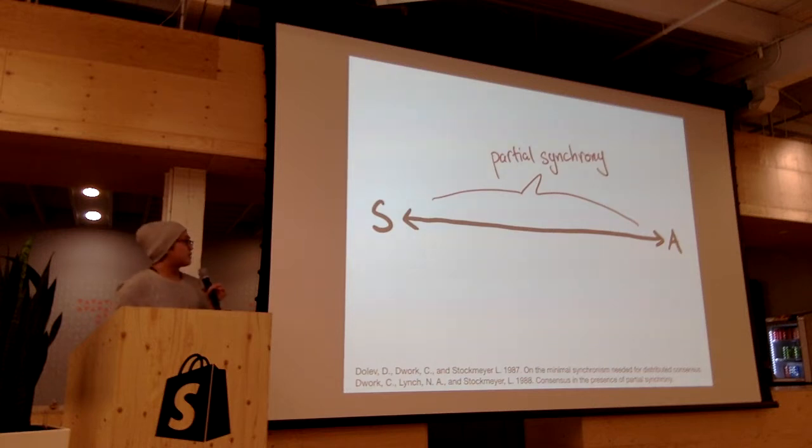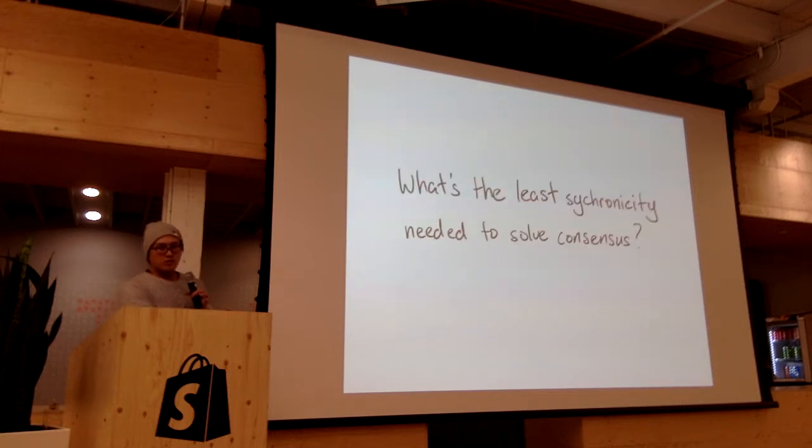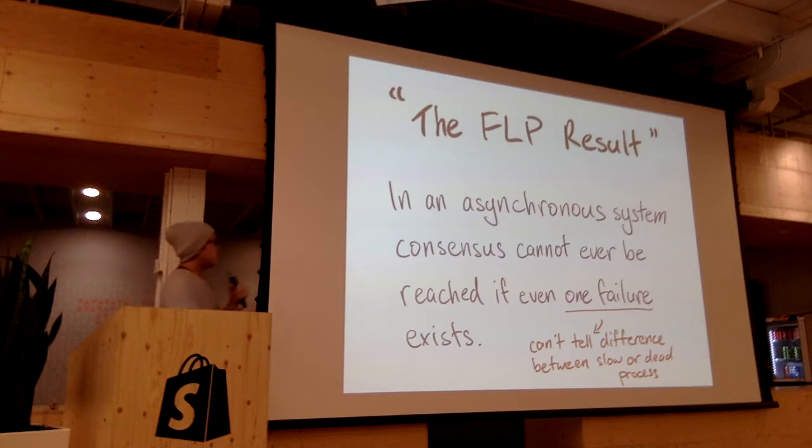So then, after these papers came out, the question became: what's the least synchronicity needed to solve consensus? How much below asynchrony can you go where you can solve consensus? But with the failure detector papers, one thing they noted was that if you look at what the FLP result